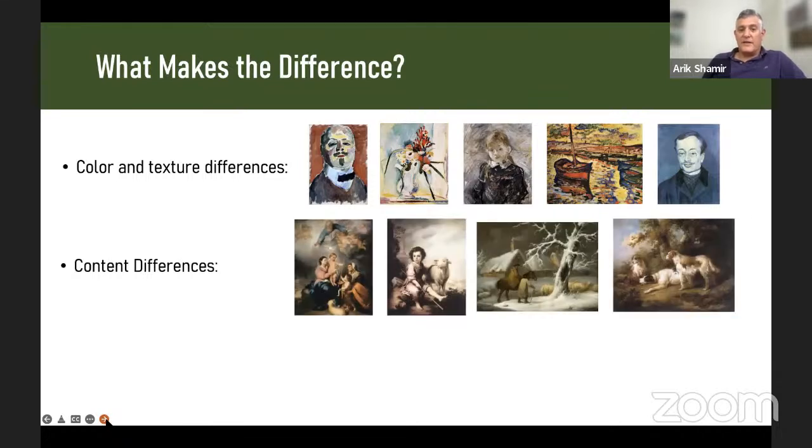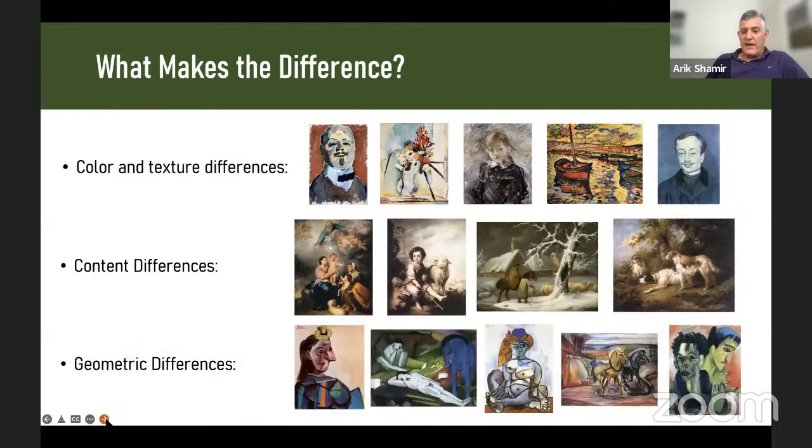Artistic paintings tend to convey specific images or specific themes that many times are not really realistic. And lastly, there are also geometric differences. In art, certainly, the shape of humans, animals, and even scenes can be distorted severely.